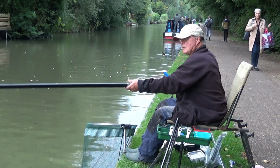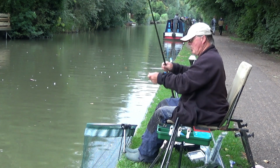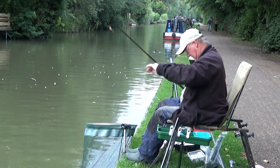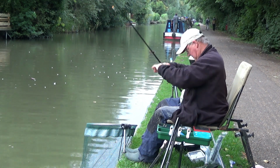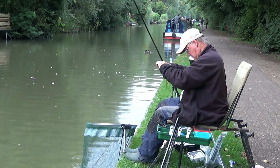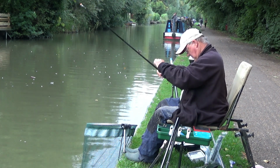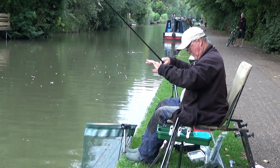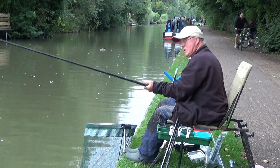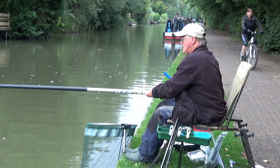In fact, what I'm going to do is bring this in and I'm just going to spread the shot out so we have a nice slow fall of the hook bait. So I've spread out 1, 2, 3, 4, 5, 6, 7, number 11 stots evenly over the length of the rig. And then I'm going to swing it out